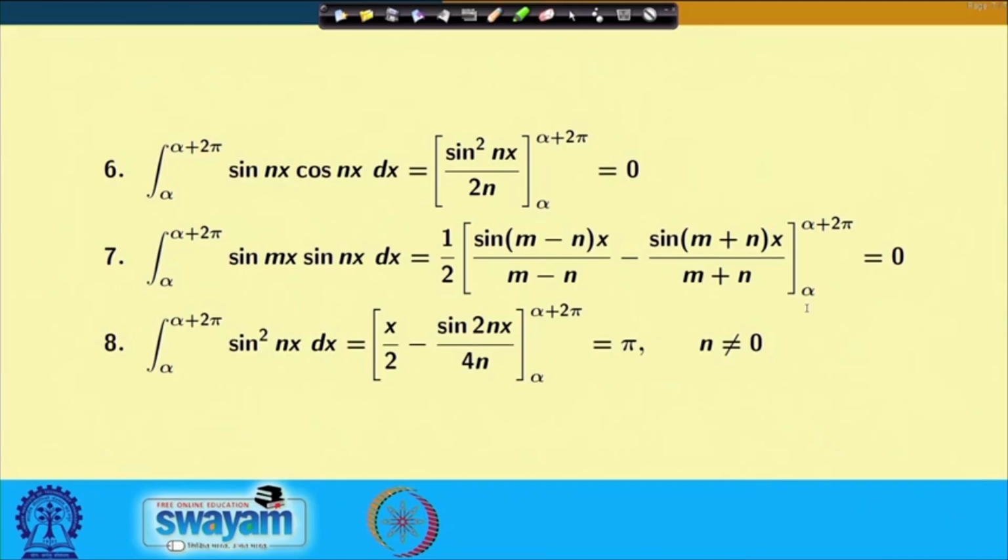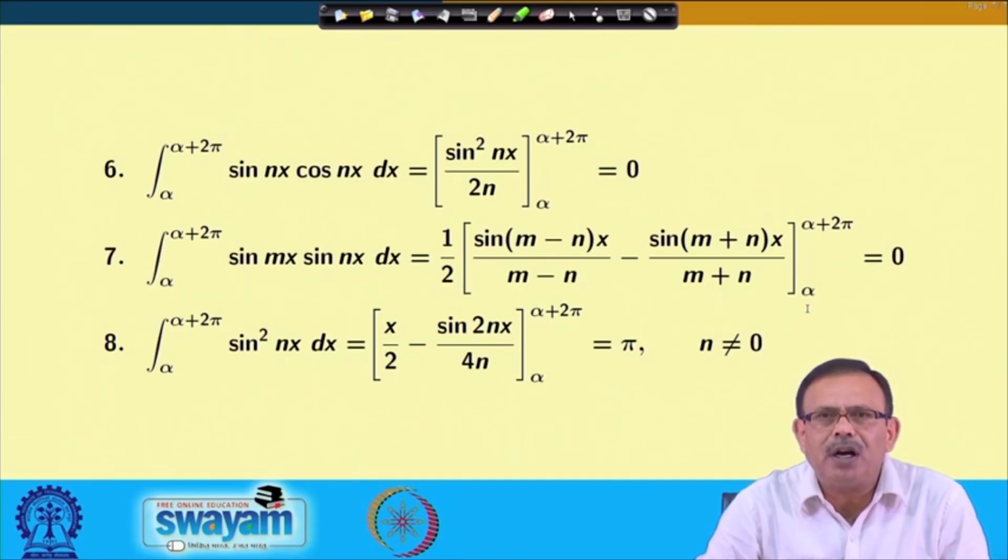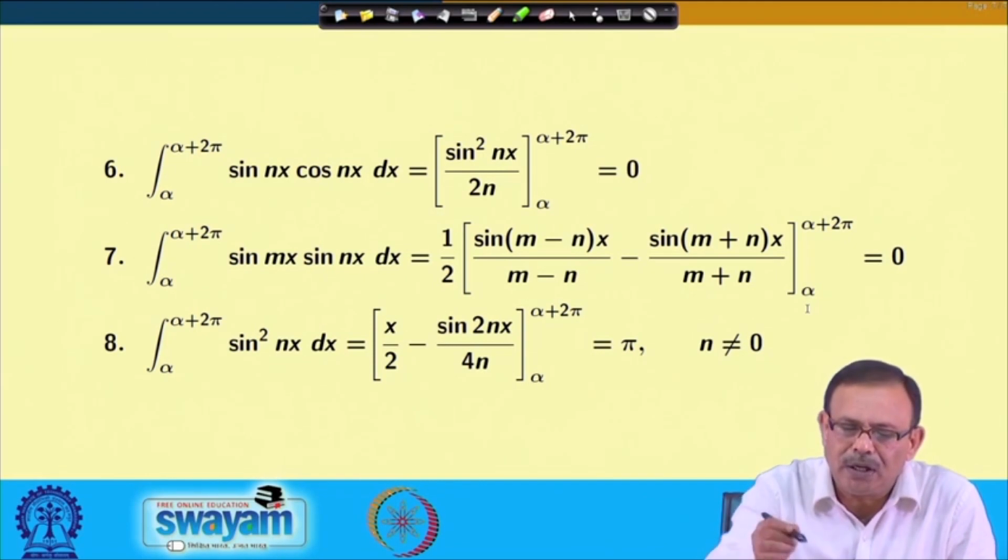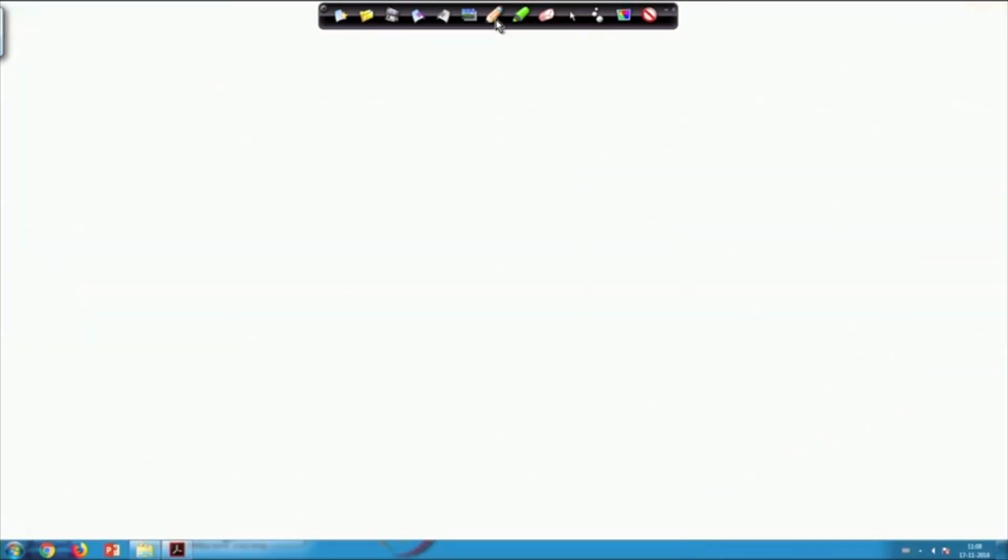And number 8, the integral from alpha to alpha plus 2 pi of sin square nx dx equals pi when n is not equal to 0. Now, using these integral values, let us establish the formula f(x) equals a0 by 2 plus summation n equals 1 to infinity a_n cos nx plus summation n equals 1 to infinity b_n sin nx. So, f(x) we are representing in the interval